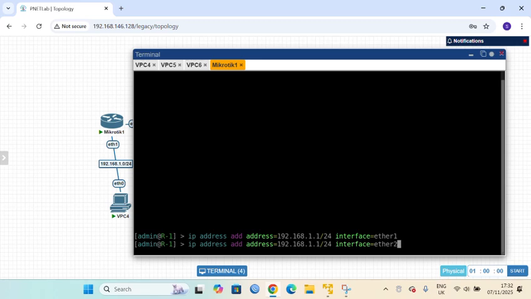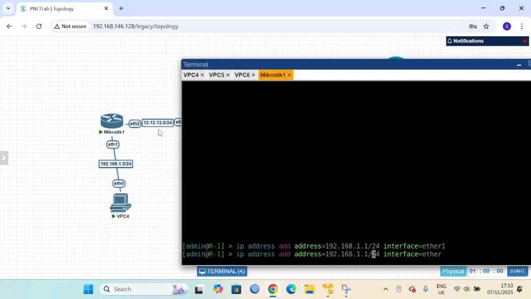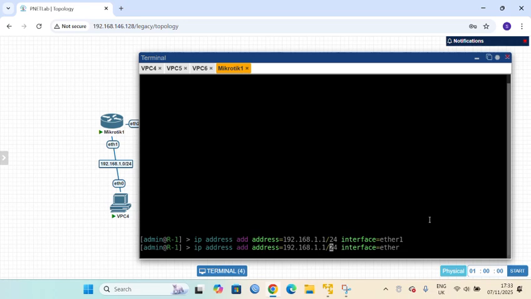Right here, the interface for router one, the IP address 12.12.12.1/24 on ether2, as you can see right here, is ether2.